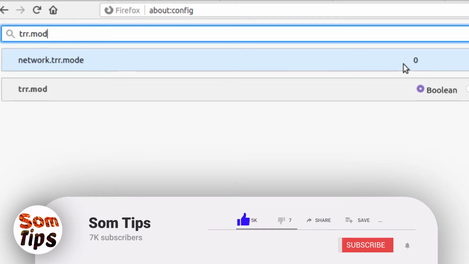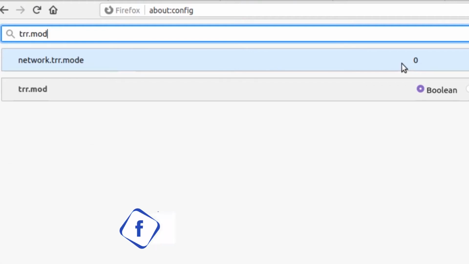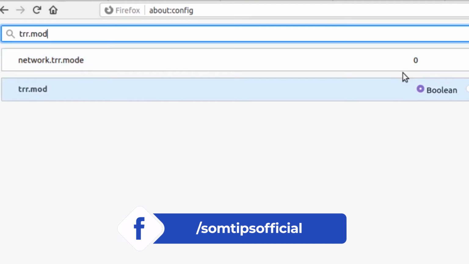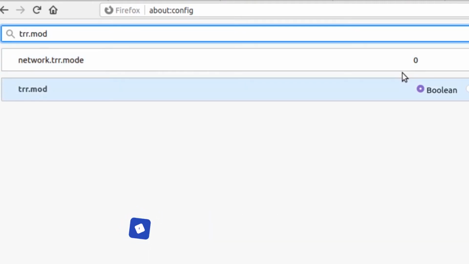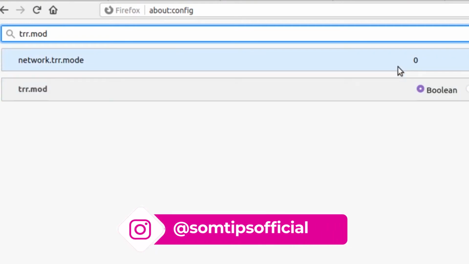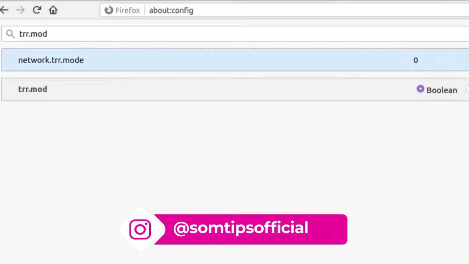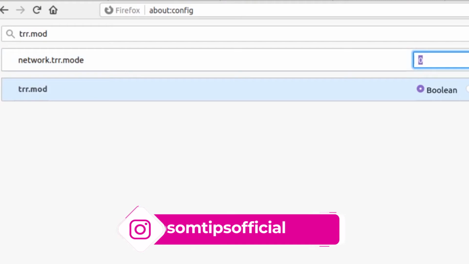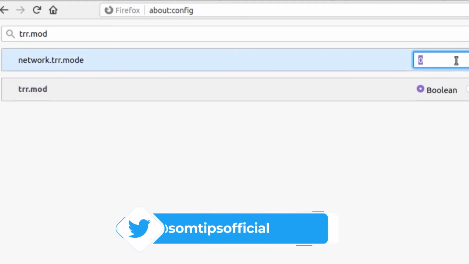integrated using this method. Or if any site does not have HTTPS, then you will go to the default mode, that is called the 2 value. If you set to the 3 value, then it will be strict. Only the HTTPS and Cloudflare side will be accessed. So I do not recommend you to value 3 unless and until you know what you are doing.